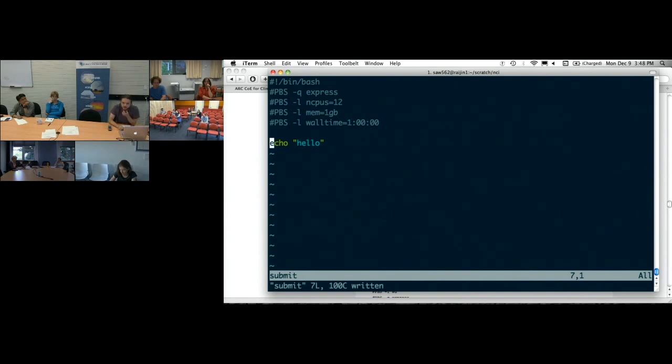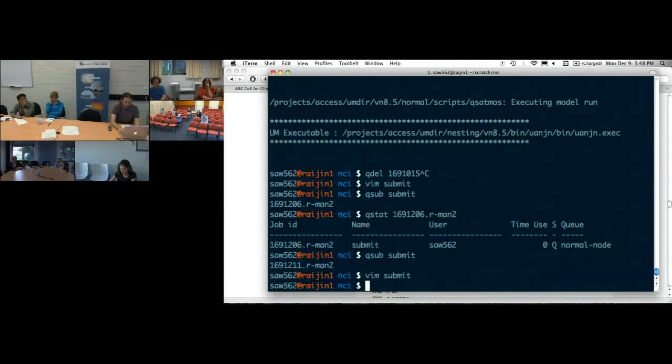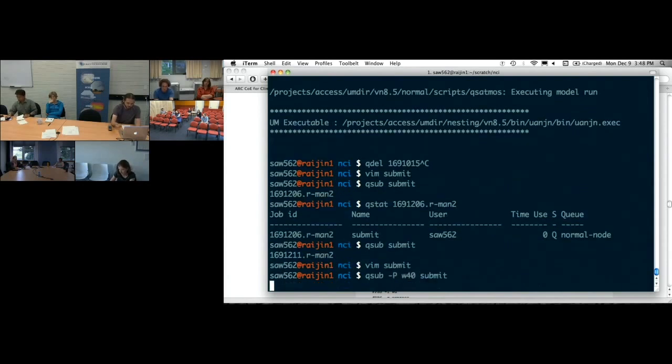And one other thing that I might want to add is that you can also use these commands during submit. So if you submit this job with qsub -q normal, then it would override this express and set it to the normal queue. Absolutely. So if you want to change what project you want to run it as, qsub -P w40, that will get sent to w40's queue.